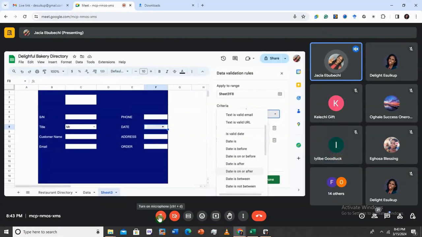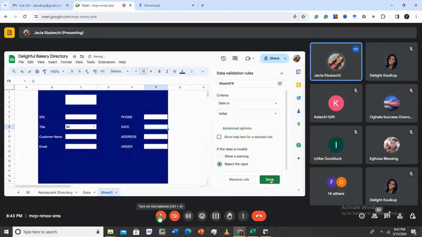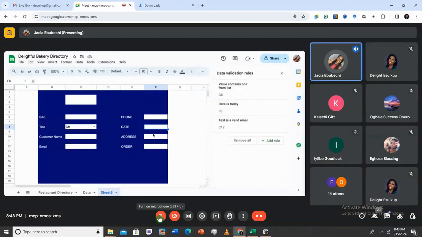Date is before. Maybe you had a problem while recording your time and you don't have the strength to come and put the date. You can just use date before and set that. Assume you're just doing it for today. I'm going to use date is, and I am going to select reject input and click here. Of course, date is today. So now that I've clicked here, there's practically no drop down, but when you double